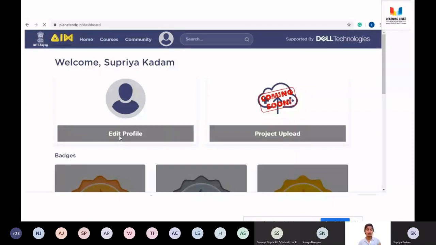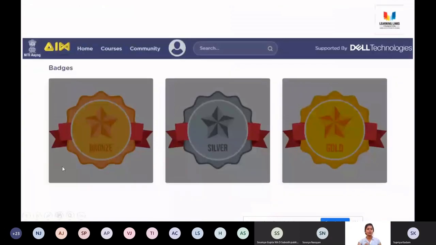So coming back to the portal, welcome to Supriya Kadam. So that is the name of the ma'am. It'll have your welcome tag on top of it, and then you will have your edit profile. In edit profile, there are a couple more questions like what is your interest or what do you want to become? What is your goal? So there might be a few questions in that. Go ahead and fill it. If you don't do it, also it is fine. But you will see what happens. Okay, so I want you to go back, fill it, and then come back and tell me what happens if you don't fill it.